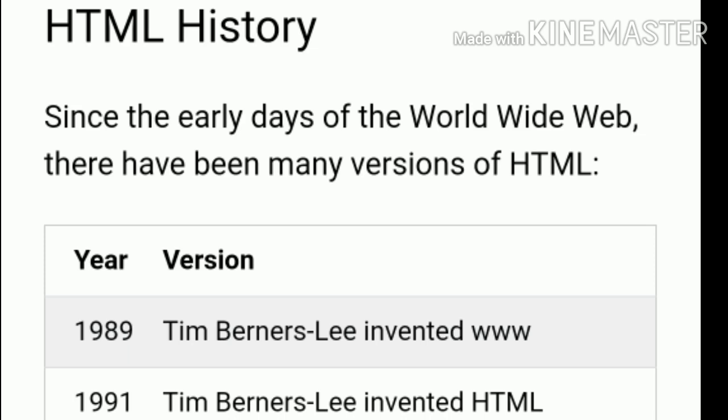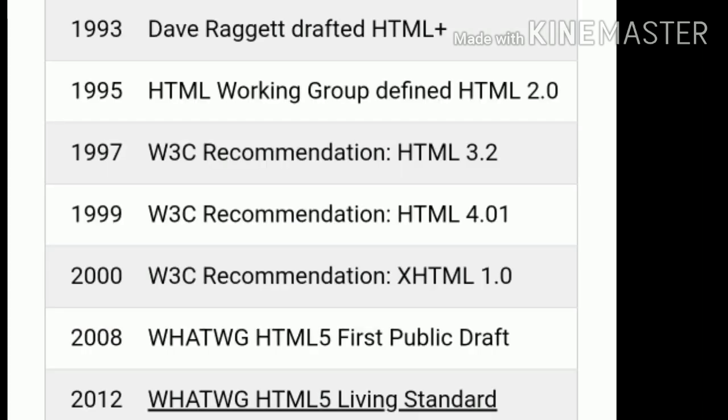In 2014, the W3C recommended the HTML5 version. In 2016, the W3C candidate recommendation HTML 5.1 was released.